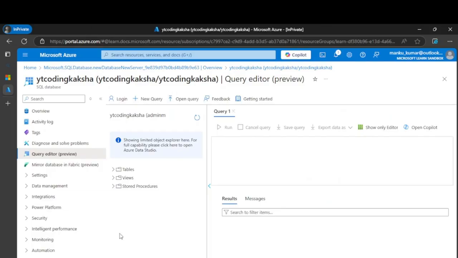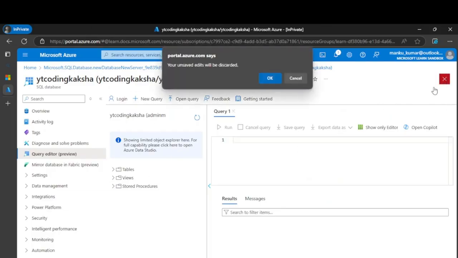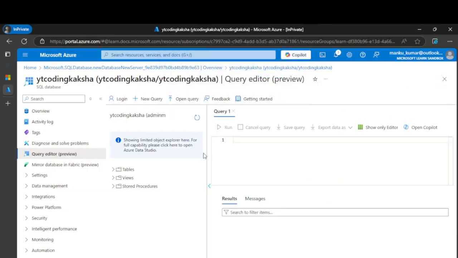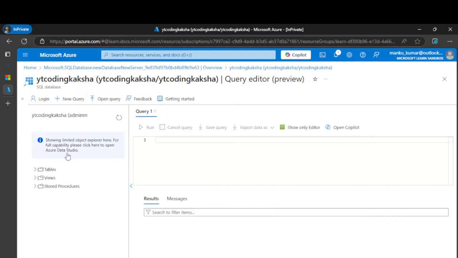So now see, we are able to access the query editor. Let's minimize it, and just check the table. We do not have any table.